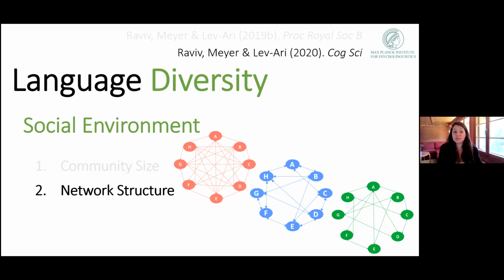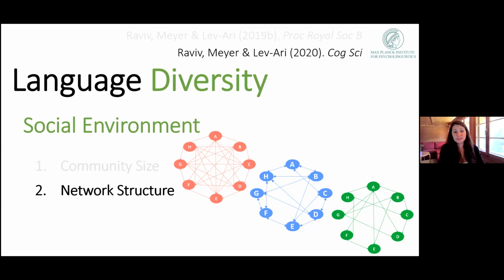And the last network was a scale-free network. These networks have been argued to be the most representative of modern human societies, at least. They're as sparse as the blue networks. They have exactly the same number of connections. But they follow a power law in how well agents are connected. So there are a few agents who are highly connected. In this case, participant A is the hub, or the leader, as we want to call him. He's not actually the leader. He's just connected to almost everybody else in the group. But some agents are less connected. For example, participants E and D are more isolated. They have interactions with fewer people.